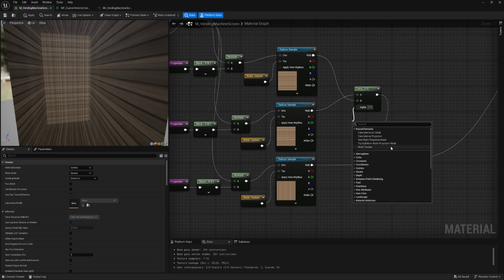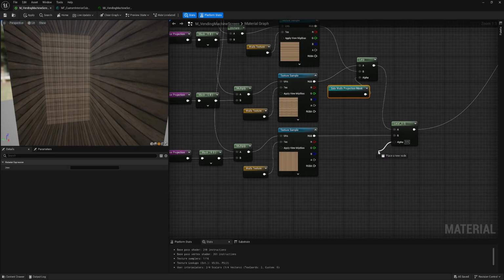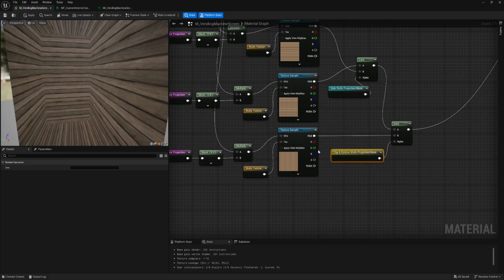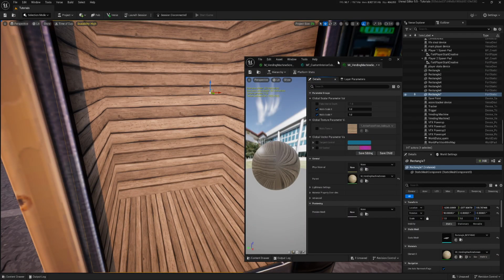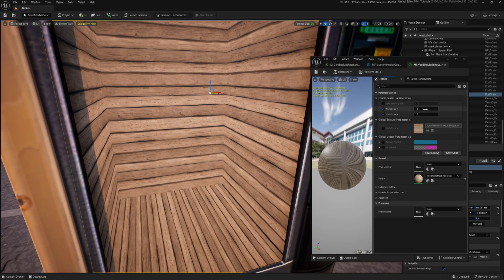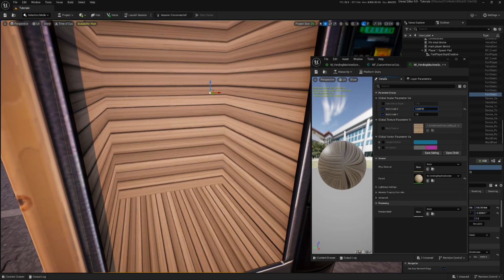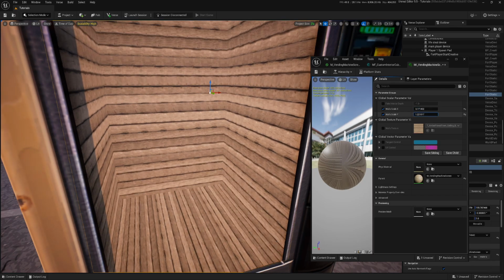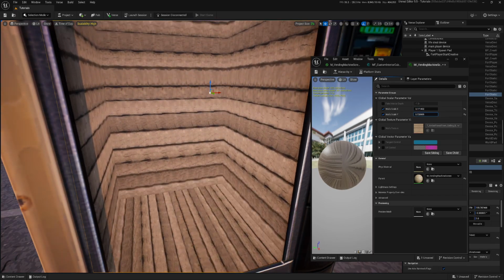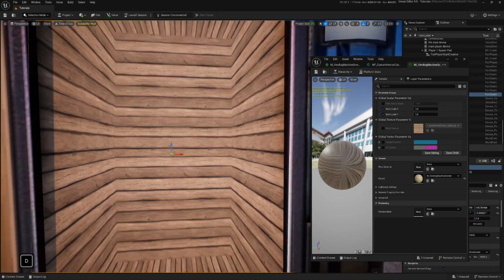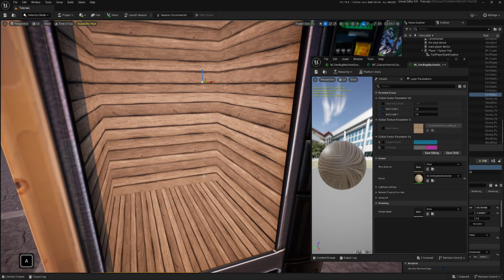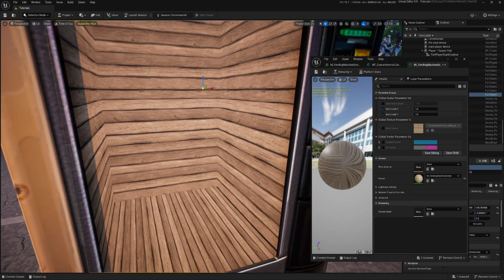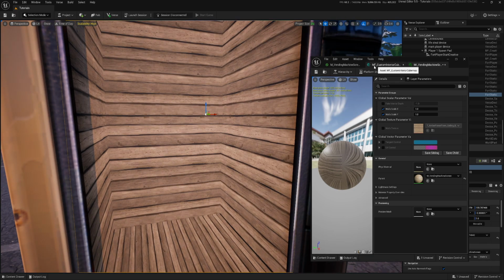This one will be side walls, and this is top and bottom. And it works already better. Now, if we look at this wall scale, we can scale it like that, and like this. But this bottom and top is different than the sides. So to work with this, what I will need to do is create separate scaling for the top and bottom and separate scaling for the side walls.